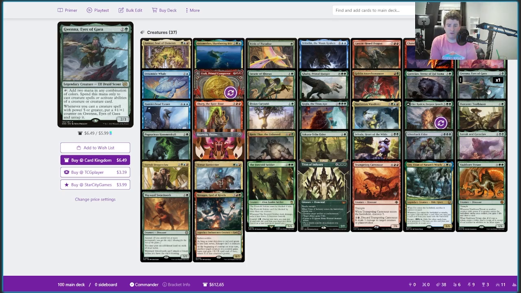Tap to add 2 mana of any combination, only to cast creature spells or activate abilities of a creature card, but whenever you cast a creature spell with power 5 or greater, you will put a +1/+1 counter on Gwenna and you untap it. So really, if you're wanting to go infinite in this deck, Gwenna is a must-have in the deck. You're going to be tapping Gwenna for 2 mana, casting a spell, untapping Gwenna, right? Especially if you have multiple things that are